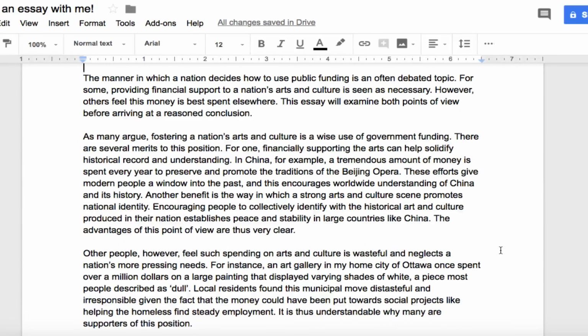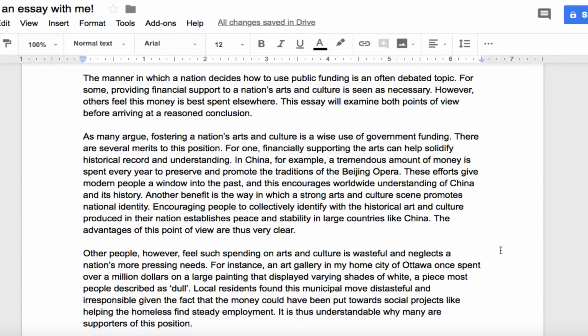As many argue, fostering a nation's arts and culture is a wise use of government funding. There are several merits to this position. For one, financially supporting the arts can help solidify historical record and understanding. In China, for example, a tremendous amount of money is spent every year to preserve and promote the traditions of the Beijing Opera. These efforts give modern people a window into the past, and this encourages worldwide understanding of China